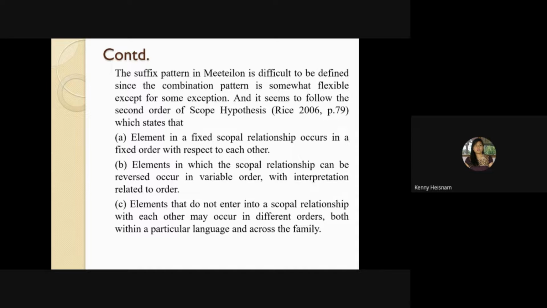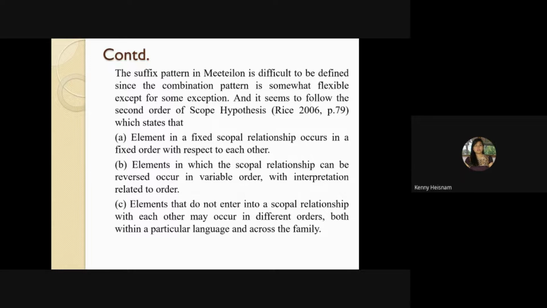So, concluding this paper, I would like to say that the suffix pattern in Meeteilon is difficult to define since the combination pattern is somewhat flexible, except for some exceptions. But it seems to follow the second order of the scope hypothesis suggested by Rice in the year 2006, which stated that elements in a fixed scopal relationship occur in a fixed order with respect to each other. And in the second,